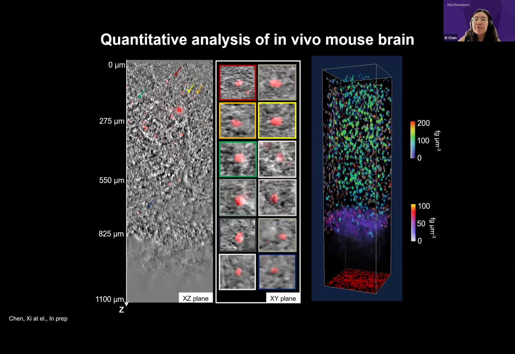And now we have the QPI information. We also have this fluorescence information that tells you where the interests are located inside of the biological sample. We can combine those two to look at the dry mass of the nucleus. So this is the rendering of the dry mass of the nucleus, and the purplish color indicates the dry mass of the white matter. If you want to look at the white matter changes over time, you can look at the dry mass of the white matter.